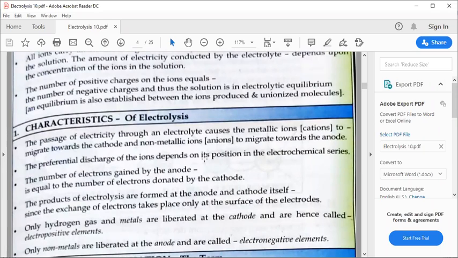This is very important. Whoever has completed this chapter, I'll be asking some questions. Now I want to see whether you have understood them. For example, there are two anions coming out. One is sulfate ion and one is hydroxyl ion. Which ion will be getting discharged and where? I'm talking about sulfate ion, that is SO4, and hydroxyl ion, that is OH minus. Which ion will get discharged and where?